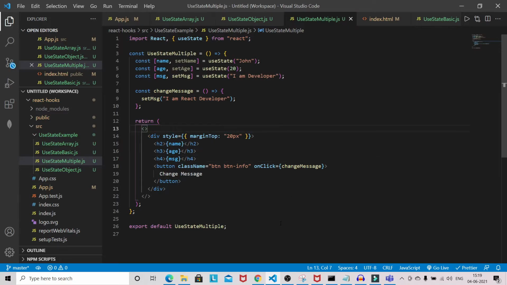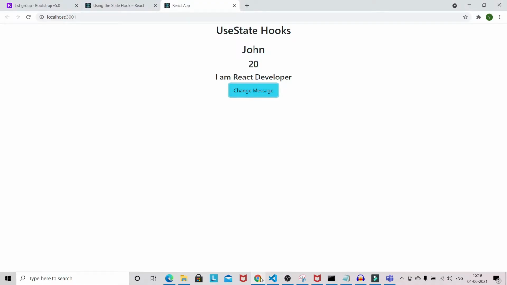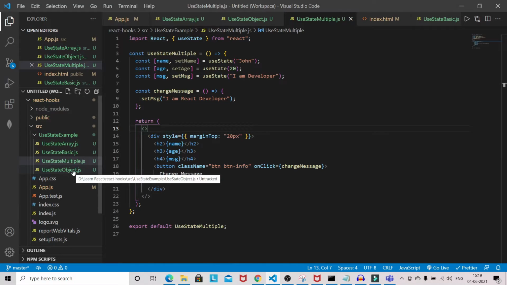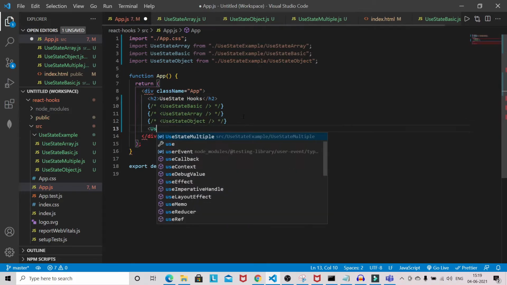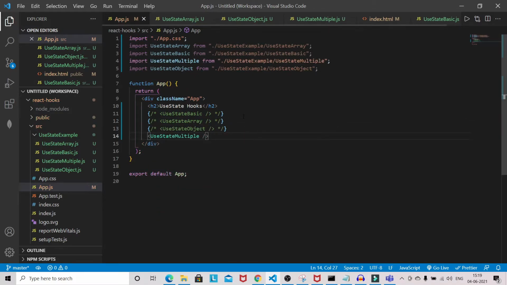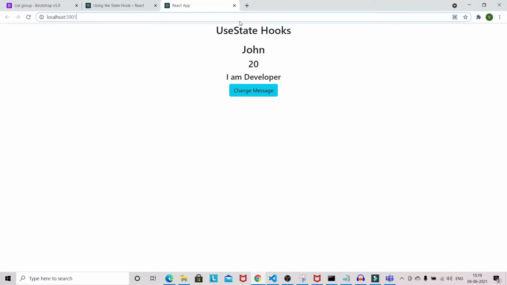So let's see. Okay, it won't change. We need to use the comment directly, and we have to pull the use state multiple file here. Okay, now let's see. I'll refresh, and again if I change the message will change from I am developer to I am React developer.